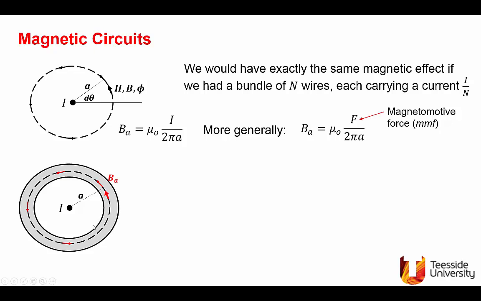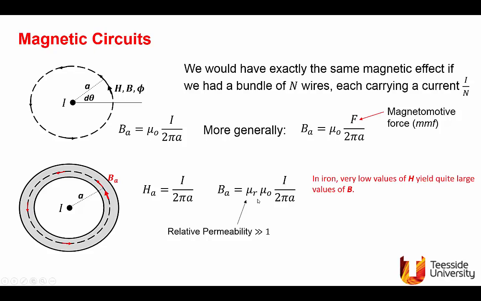Now, we bring a tube, an iron tube, and place it around the current carrying conductor. The flux density here, B A, will be much higher. Why is that? H will be the same, but B is mu R mu naught. Mu naught is the permeability of free space or air. Mu R is the relative permeability of iron, and if the iron is not saturated, mu R will be very large, several thousands, and we conclude from that in iron, very low values of H give us large values of